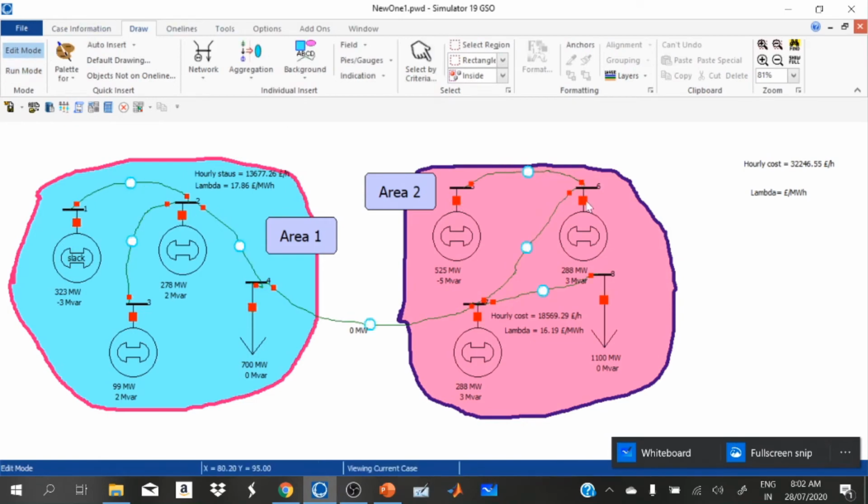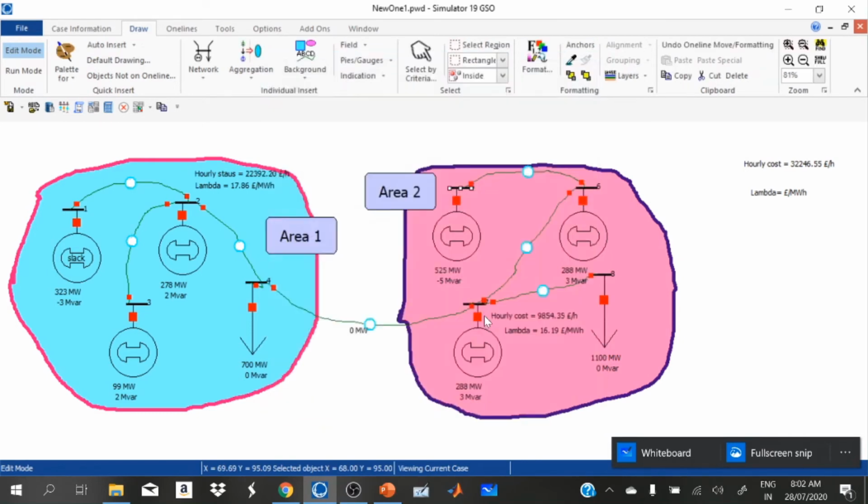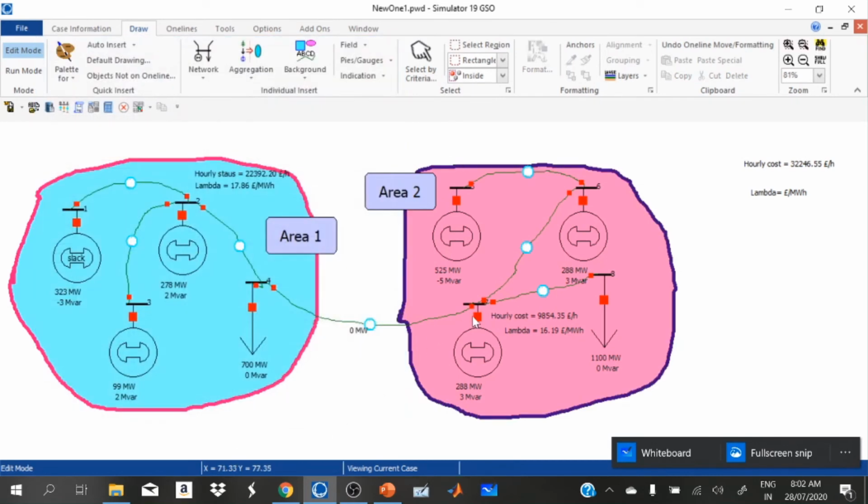Before we run our model, we have to make these two areas a single area by selecting change the area equal to area 1 or area 2.